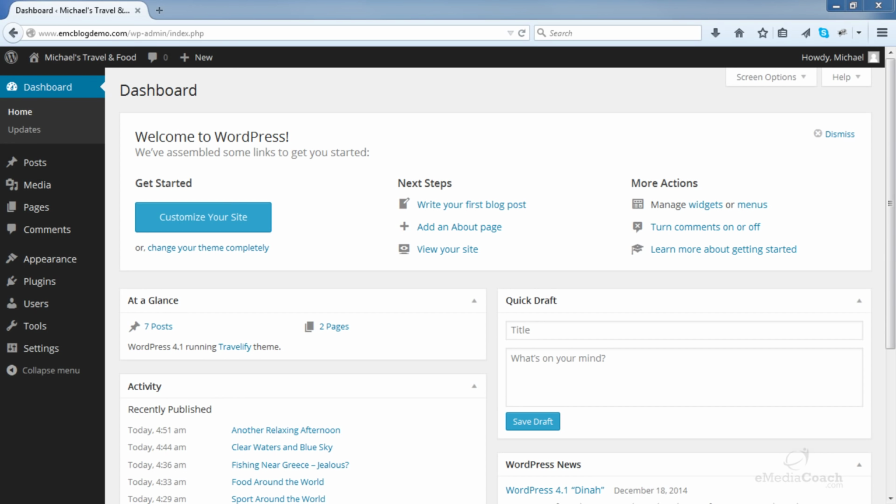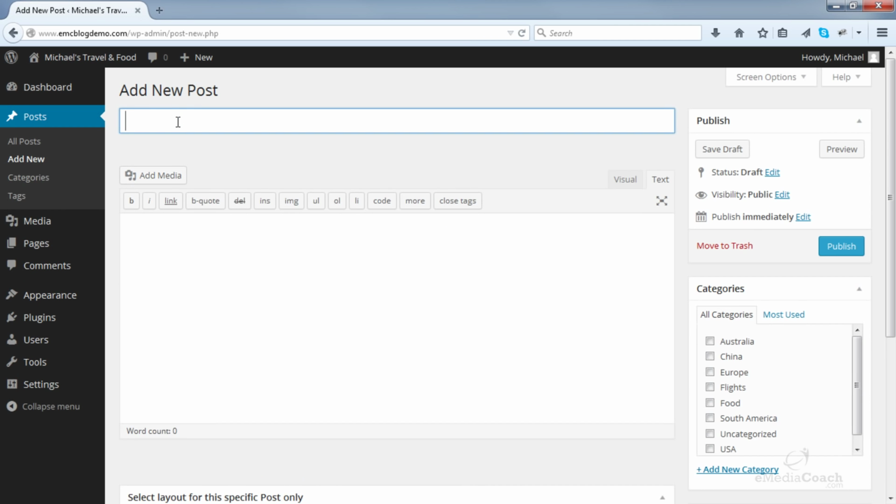Next, I will show you one of my favorite features when I make a blog. It is an image gallery that pops into a lightbox when the images are clicked. To add the image gallery, first add a new post. So let's add a new post. We'll call it, say, the Europe image gallery. We'll assign it to the Europe category.